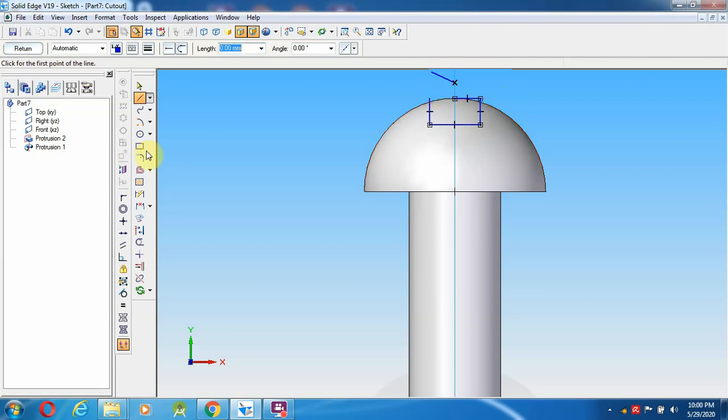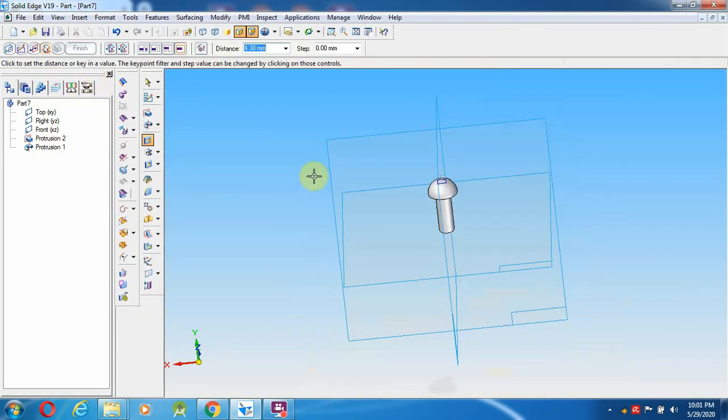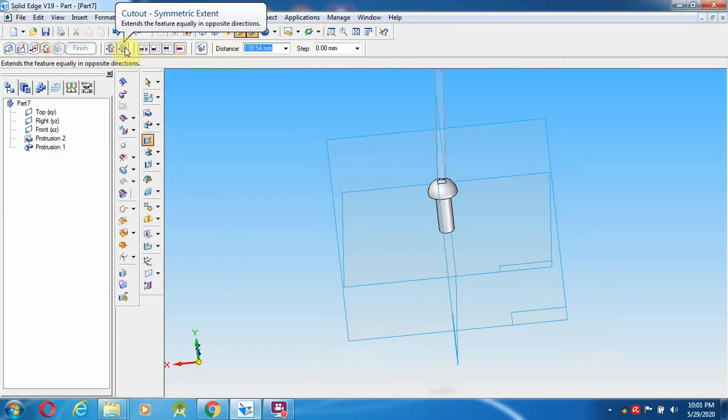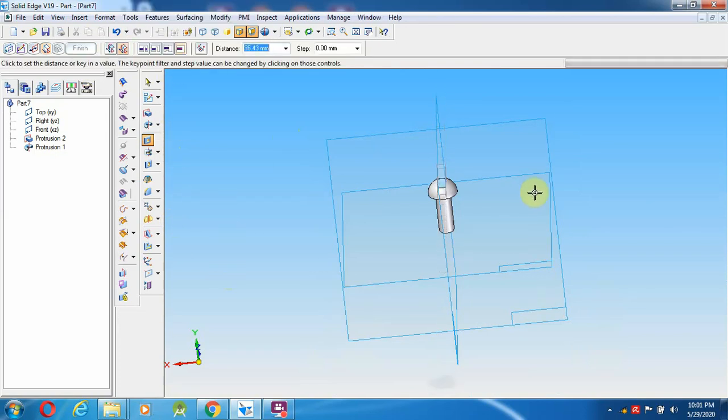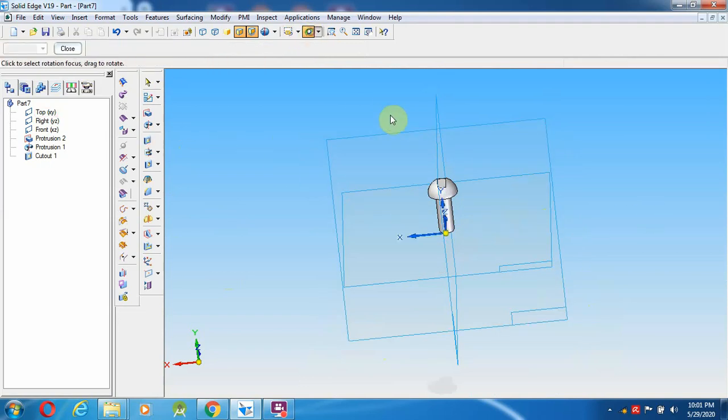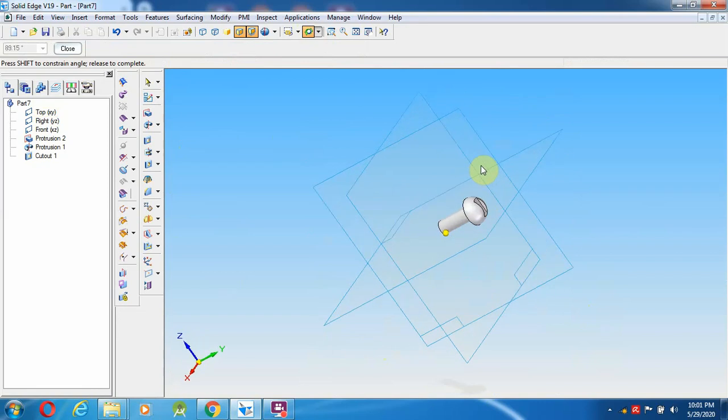Now going to give extend to next, then trim, give return. Now this cut I have to give on both sides, symmetry, extend both sides. So rotate and see over here.